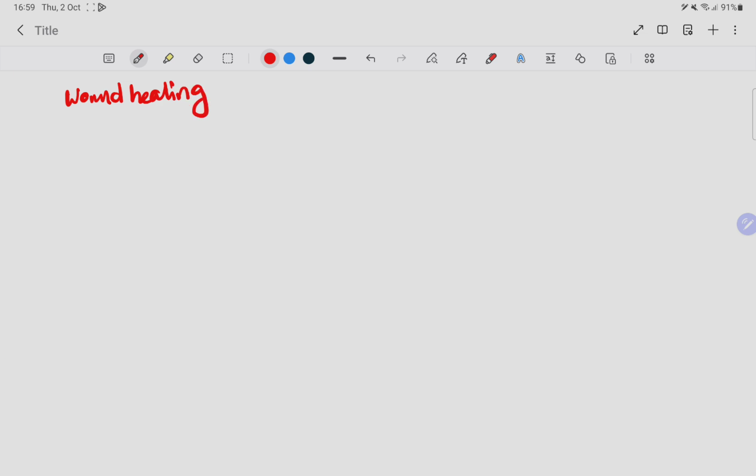Wound healing is an important topic. It discusses a lot of things. If we talk about wound healing, we talk about mainly three words. Those three words are